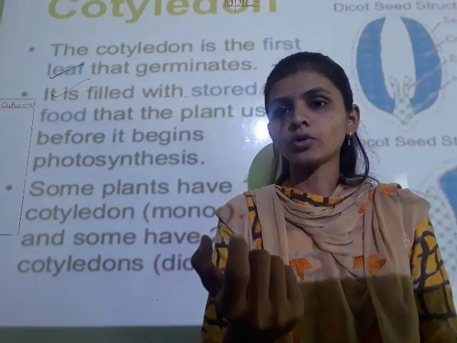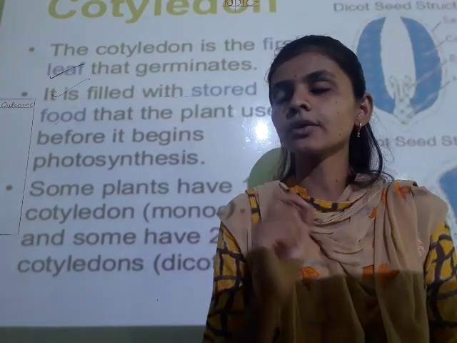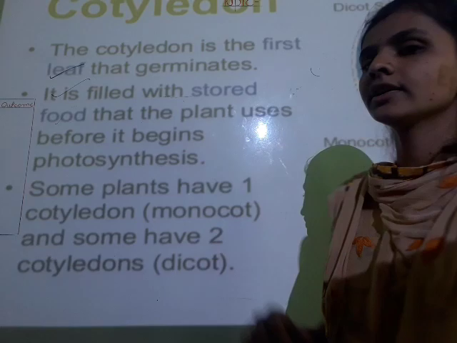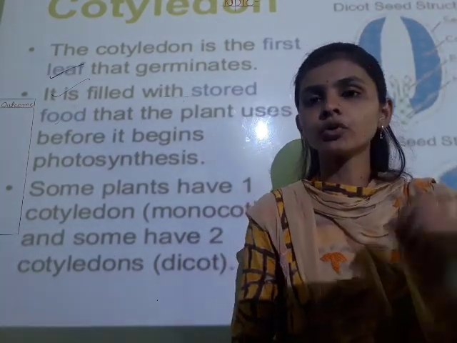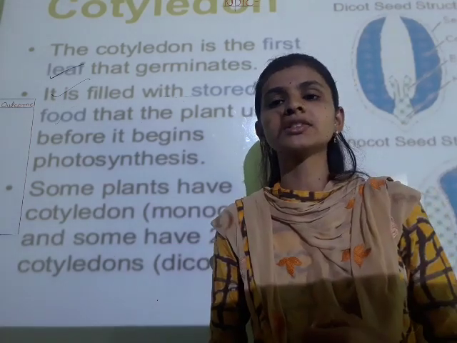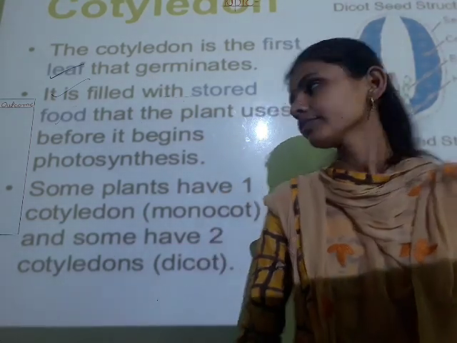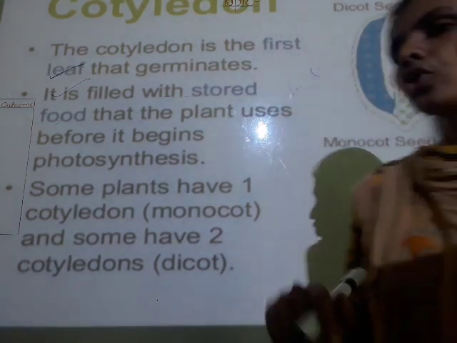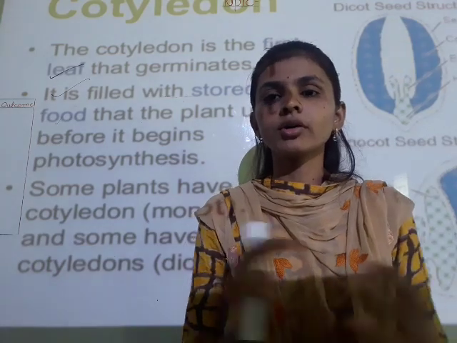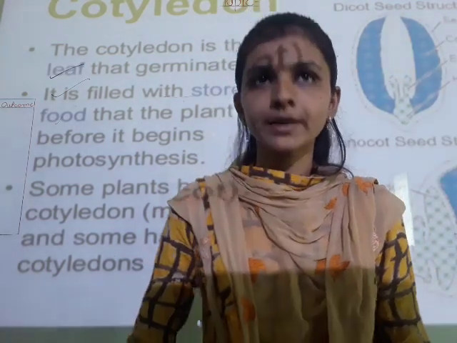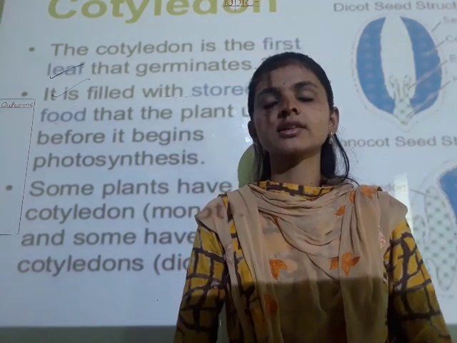उस न्यू बॉर्न प्लांट को भी, वो न्यू बॉर्न लीफ को भी फूड की ज़रूरत होती है, and the cotyledons are going to provide the food. Cotyledon means the store food. सीड के अंदर एक स्टोर फूड होता है, और स्टोर फूड से वो क्या करते हैं, before the photosynthesis process they are giving food to the leaves and the seed. Then cotyledons depend upon which type of seed it is, a monocot or a dicot. In detail we will discuss the monocot and dicot after the next function.